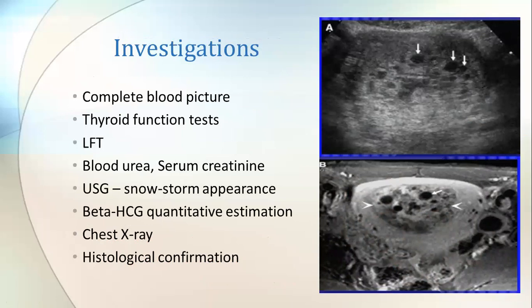What are the investigations? First, you will do a complete blood picture, because the patient is already bleeding. She is in a hypovolemic state, so the amount of hemoglobin should be estimated. The first and foremost investigation you should do is the hemoglobin level. Next, the patient may be Rh negative also. If it is a first pregnancy, the next pregnancy will be affected because of isoimmunization. So blood grouping and typing should be done to the patient.